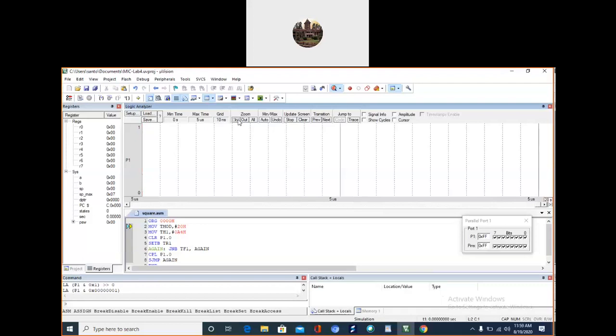Square wave is coming, but not the wave. So I will look afterwards at why it is not coming.